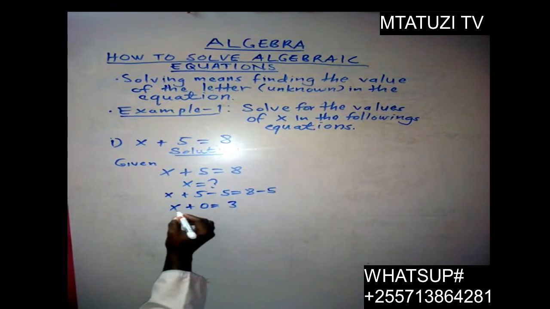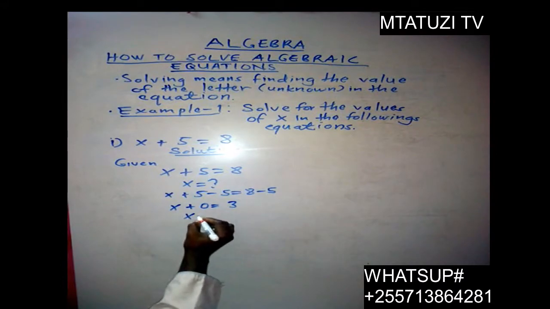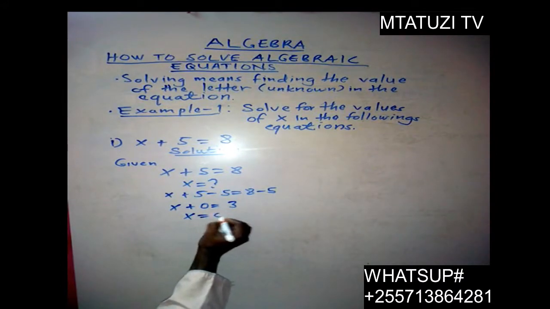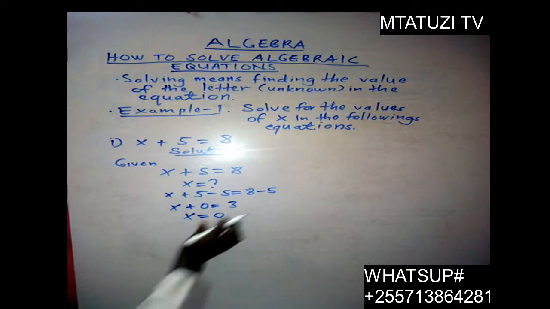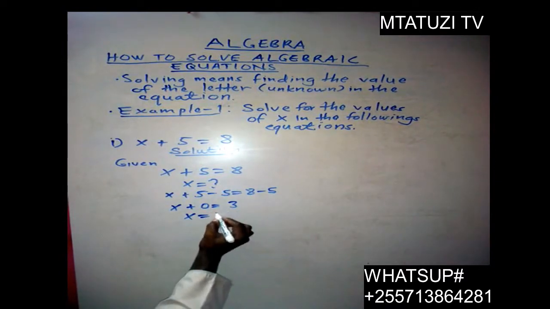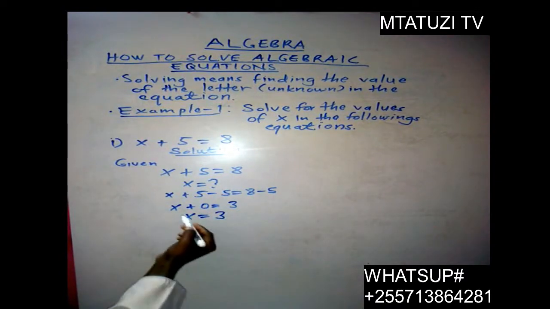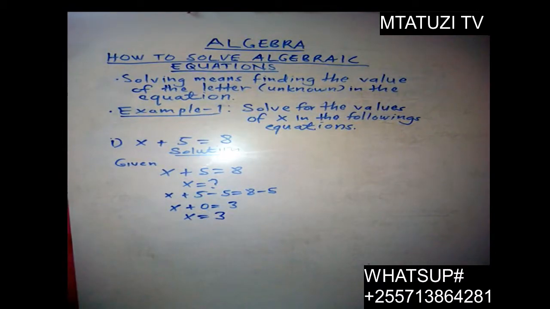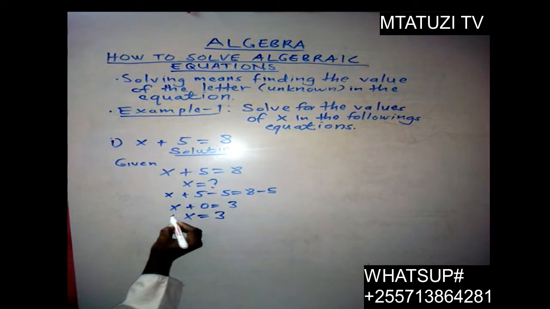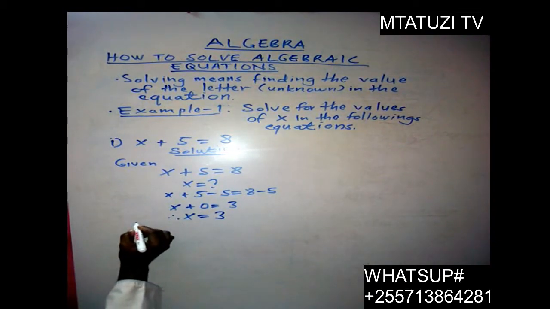So therefore, x plus 0 is equal to 3. So x is equal to 3, not 0, sorry. x plus 0 is equal to 3. So that is the value of x for this type of question. Alternatively,